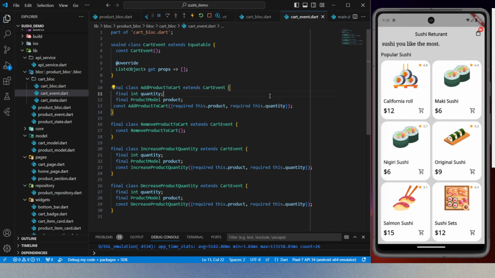So don't waste your time. I have created the events that we're gonna have. We have four events. The first event is the add product to cart event, then remove product from cart event, increase product quantity, and decrease product quantity. In the add product event, we have the quantity and the product model that we're gonna add into the item. It's the same for increase and decrease, we need the quantity and the product,